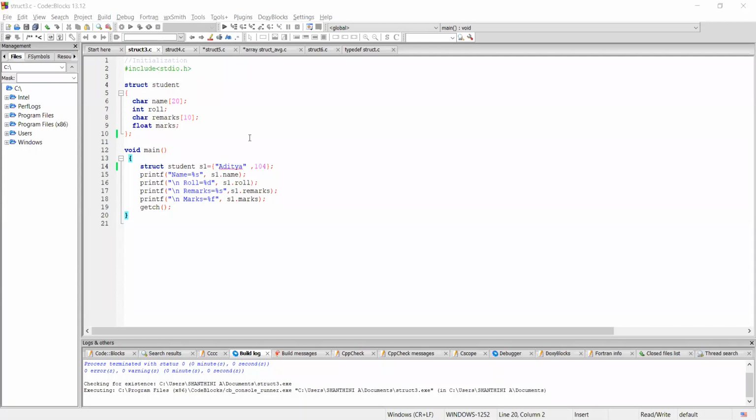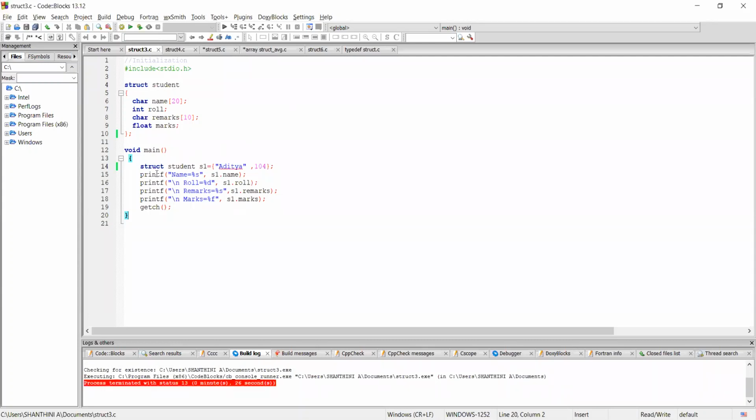You should also be aware that it is not mandatory to give the initialization part over here. We can also initialize as we declare the variable name under the structure. So I can give this over here also, and I'm giving the remarks field also, with marks to be 90.5.